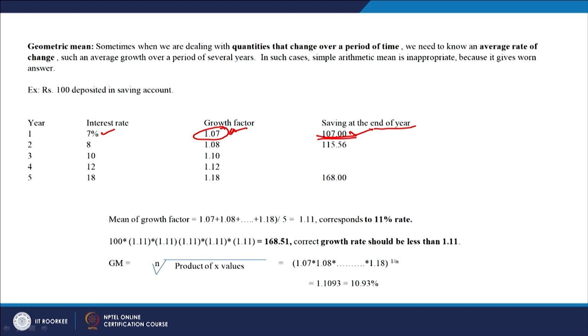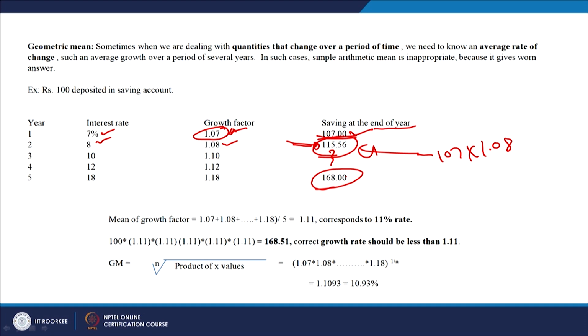Now, the next year the interest rate is 8%. So, the growth factor would be 1.08. So, this would be the saving at the end of the second year. How did you get this number? This is 107 into 1.08, right. You will get 115.56 and so on. You just calculate the remaining values. So, finally, you will get 168 rupees